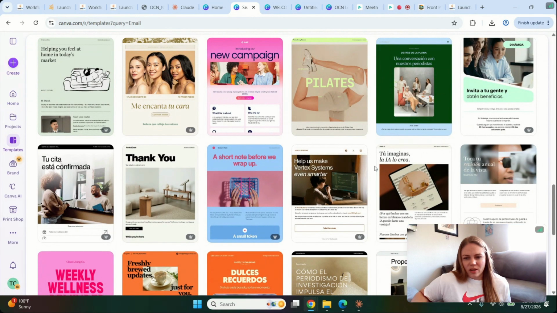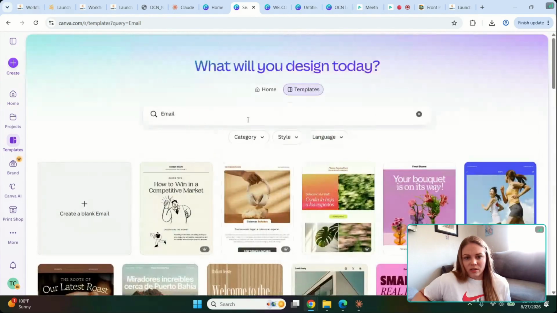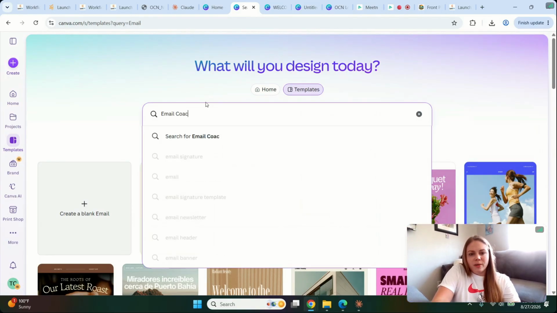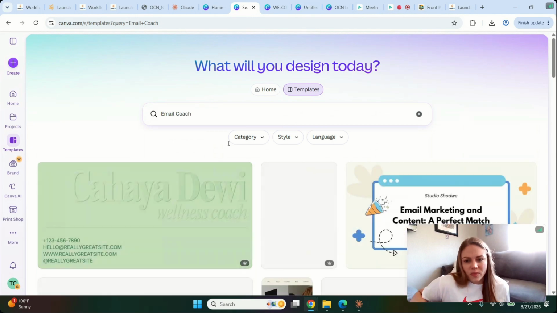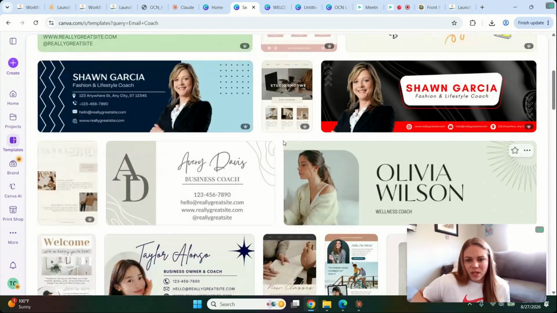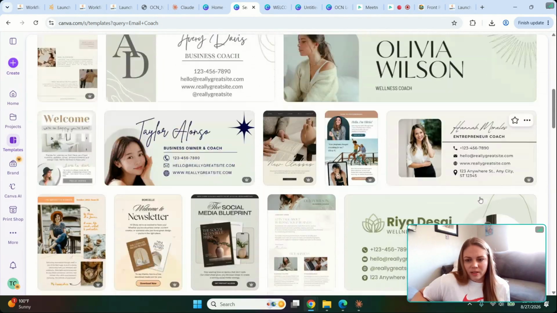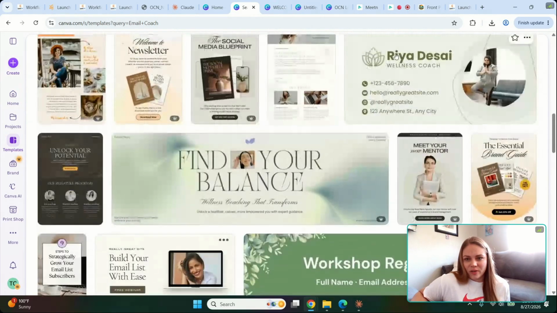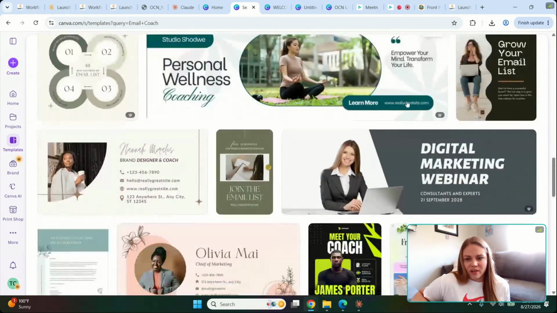You may just take one element, one idea. You can take that element, resize it, make it a hero image. Let's do email coach. So here's just random, probably just coach elements. I kind of like the idea of these signatures because we're used to doing that when we're emailing people one-on-one. I haven't done this for a brand, but I think that's a good idea, especially for a coach. I don't know if you're that available to have your phone number on there and stuff, but